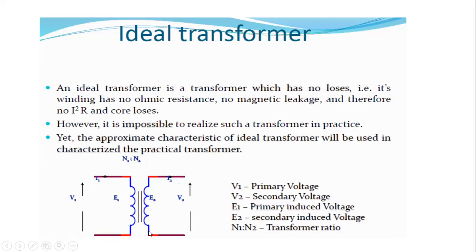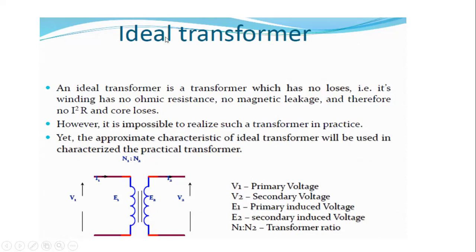Because both the windings are connected magnetically. That is, both the windings are magnetically coupled to each other. If the windings are magnetically coupled, then the flux will be linked to each other. Due to that linkage of flux, E2 EMF is induced in the secondary winding also.